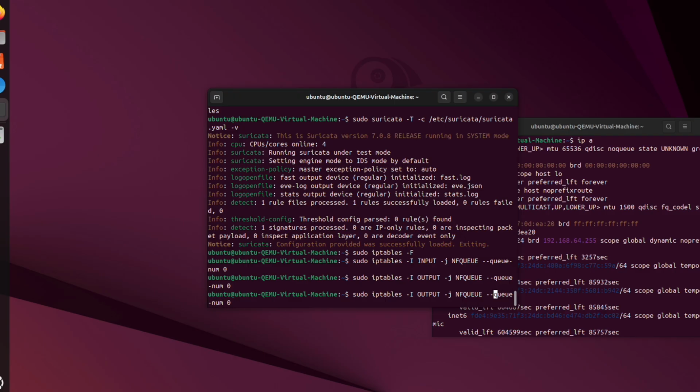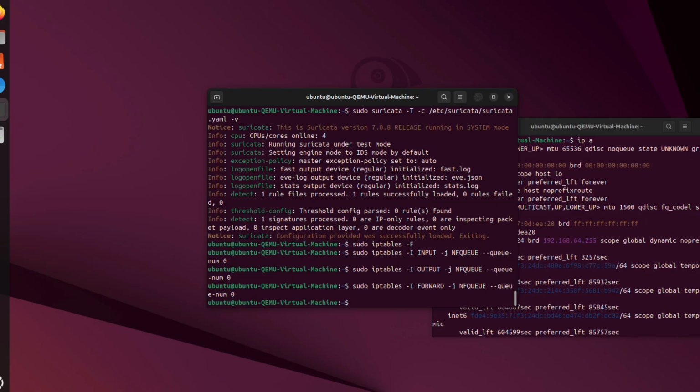There's another thing: if the virtual machine or the Suricata service is running as a proxy, we can specify that forward and make sure that it can block traffic that is intended to be sent to another device or target. Okay, this pretty much